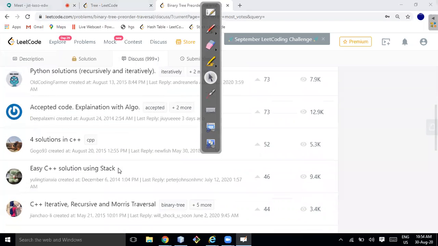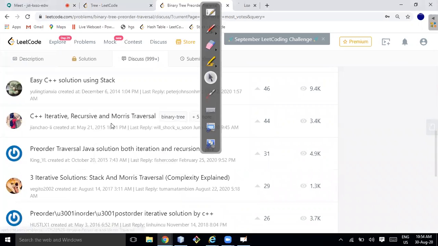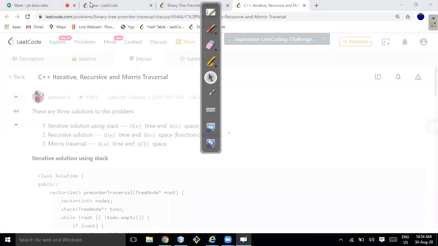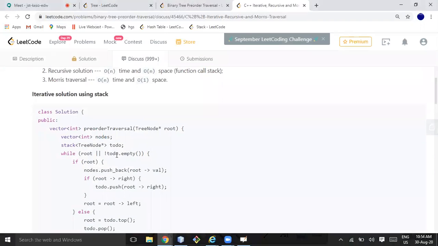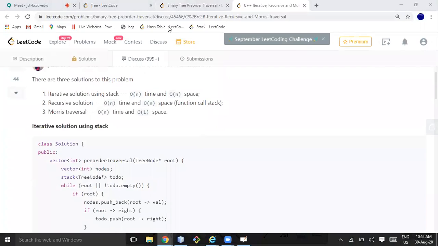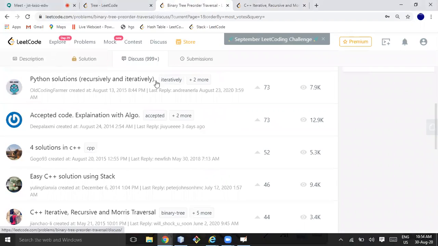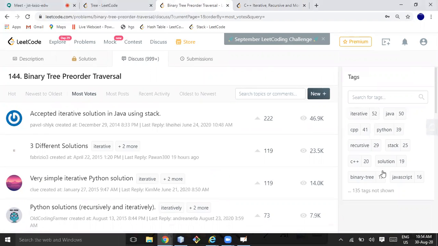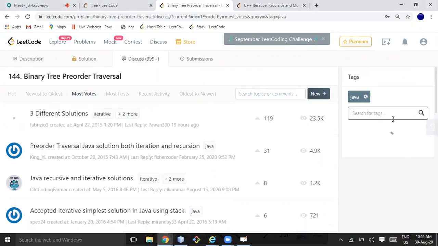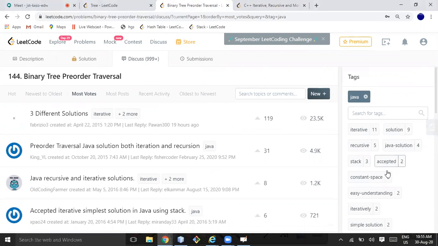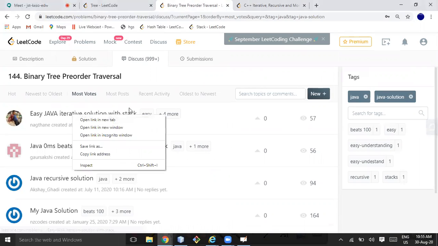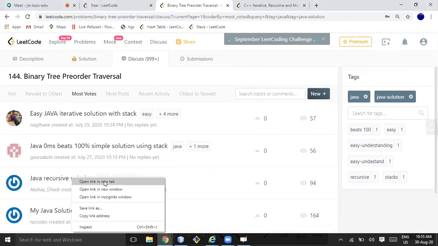Recursive. I was trying to solve it the recursive way. There are other approaches also, but I'm trying to see if there is a good recursive approach. It's in Java. There are different approaches using a stack, we can do it, but I just want to do the same thing. Java solution. Here it is iterative, recursive. Let's see how he is managing that.